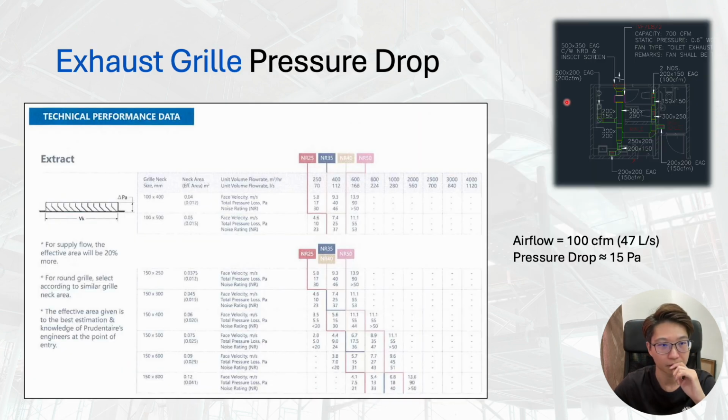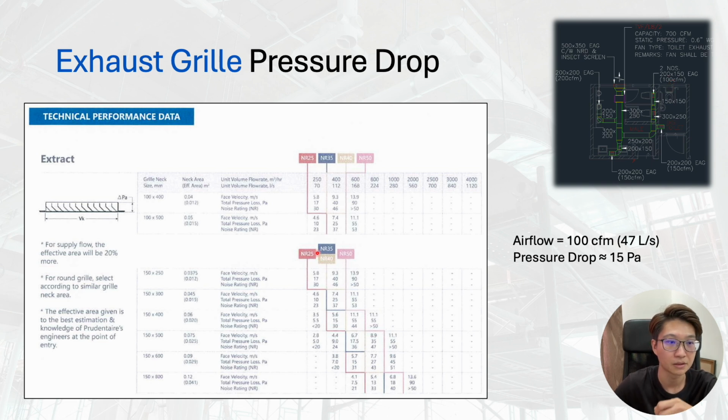Okay, now I'll share about where you get the equipment pressure drop. Alright, instead of estimation, let's say after that maybe the contractor, or you are the contractor, you have selected the actual grille brand and model to use. So this is the manufacturer, they give you this performance data, you already confirmed to use this model. So now we see the exhaust grille here is 100 CFM and the size is 200 by 150